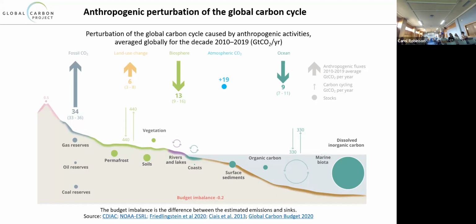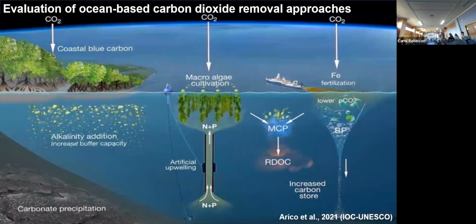This figure shows the annual assessment of the anthropogenic perturbation of the global carbon cycle from the Global Carbon Project, where the stock of oceanic organic carbon, although small in comparison with inorganic carbon, is a non-negligible component of the budget. And secondly, as part of the evaluation of the viability, efficiency, and ecosystem impacts of ocean-based carbon dioxide removal